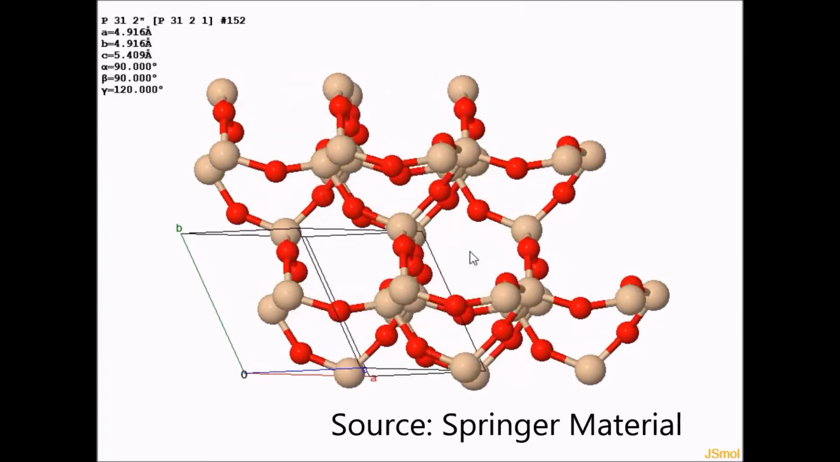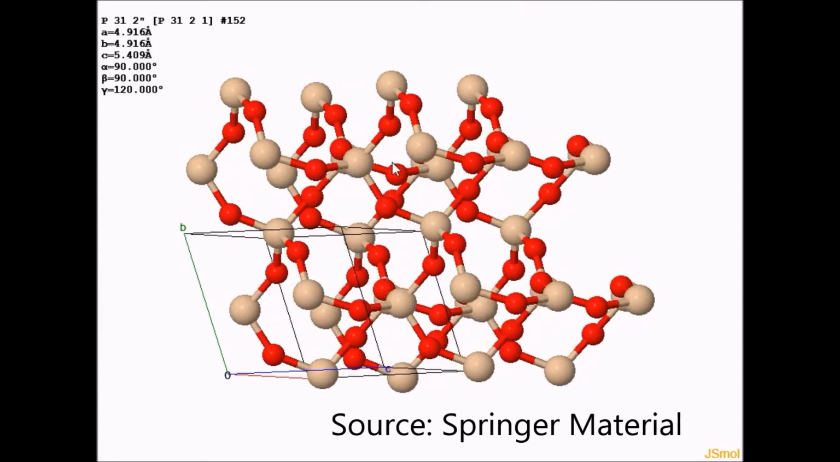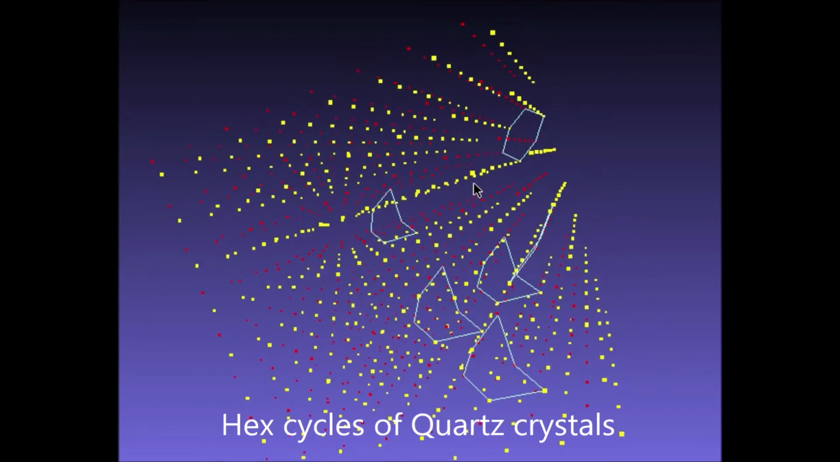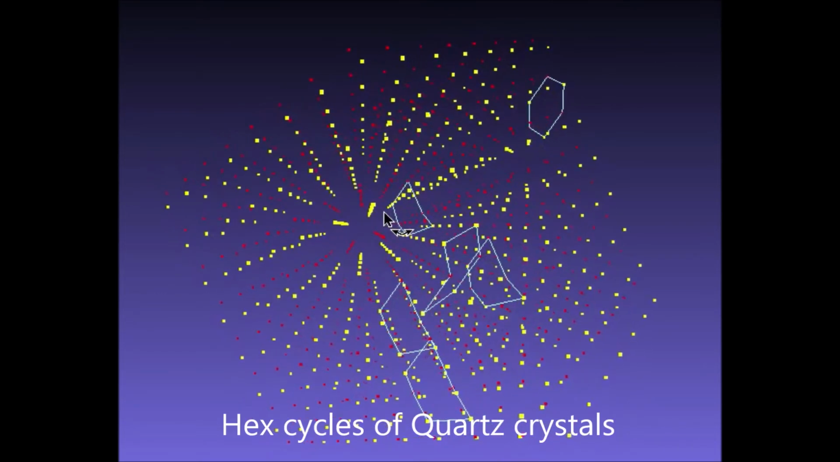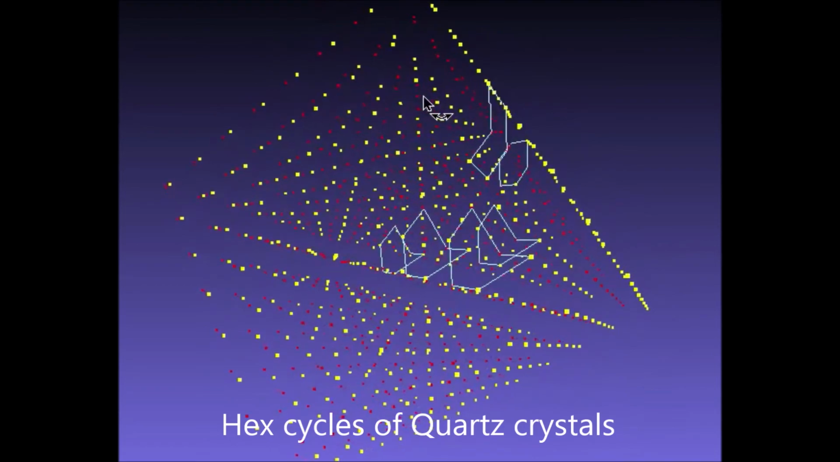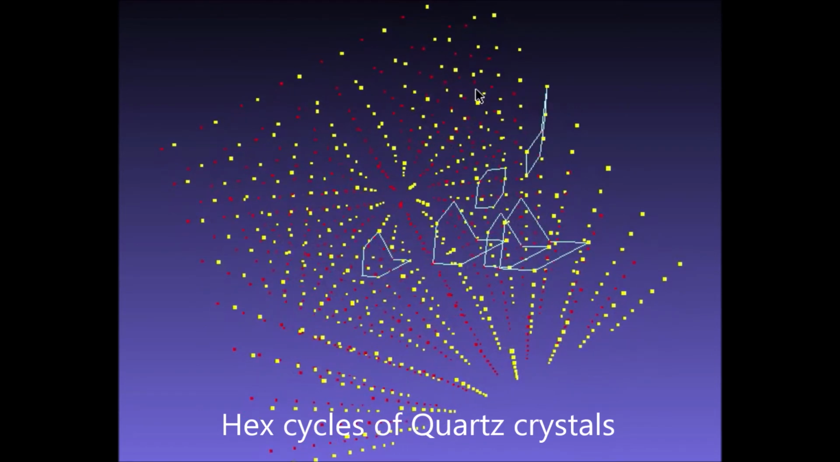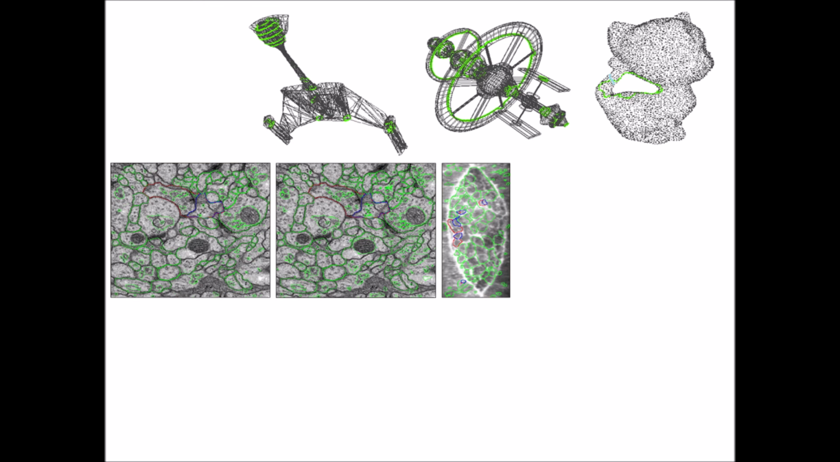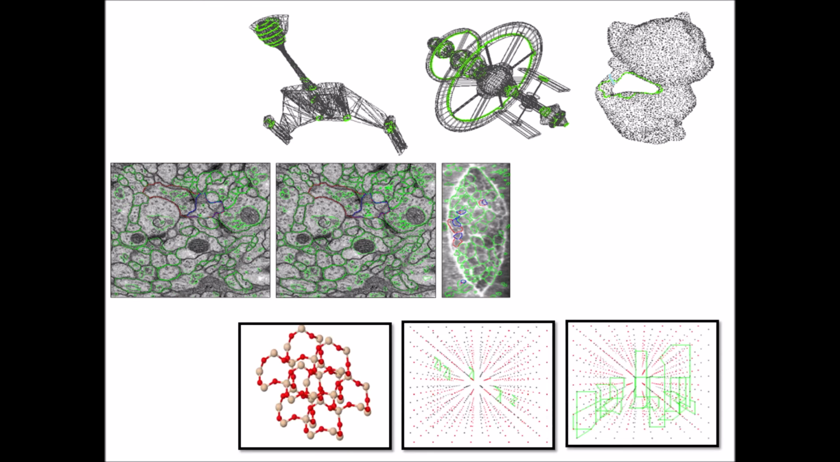Finally, we try to find meaningful cycles in crystalline solids such as silicate glass. As seen, SiO2 has hexagonal cycles containing alternating atoms of silicon and oxygen. We can detect these cycles perfectly for any size of the crystal structure. As demonstrated, PersLoop works seamlessly for